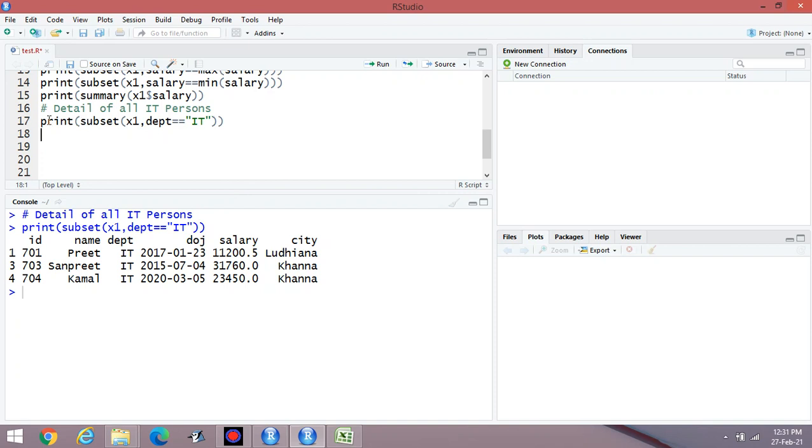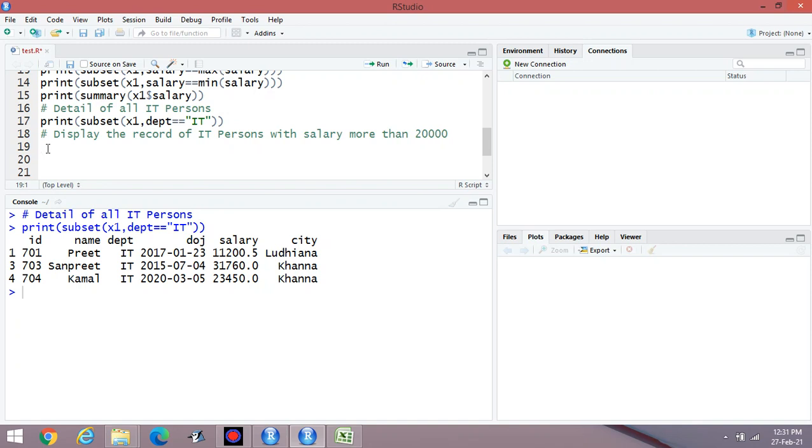Then simply what I have to write: display the record of IT persons with salary more than 20,000.